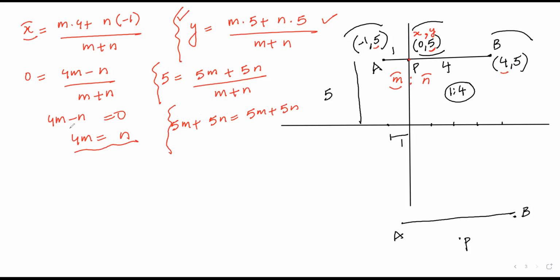But don't worry, students. Here we got the ratio. m by n is equal to 1 by 4, and that is correct. Is that okay? Now, also, students, it's not able to give the ratio. Why? Because these digits are all same. This is 5, 5, 5. You know, that could be the reason. I think so.